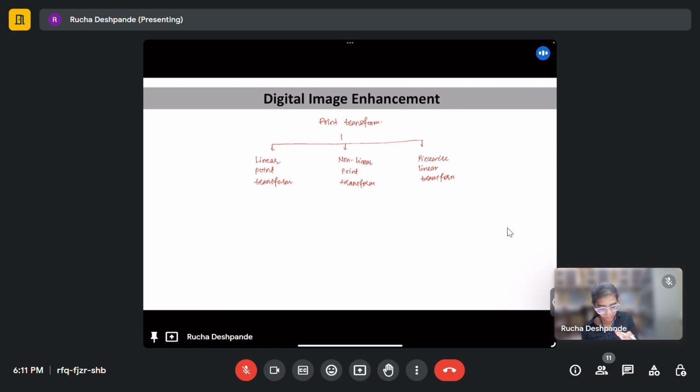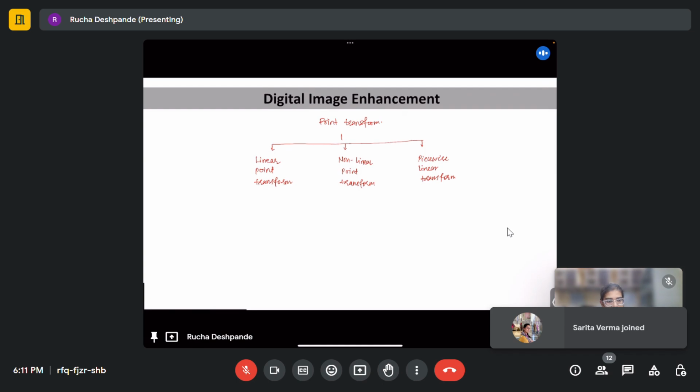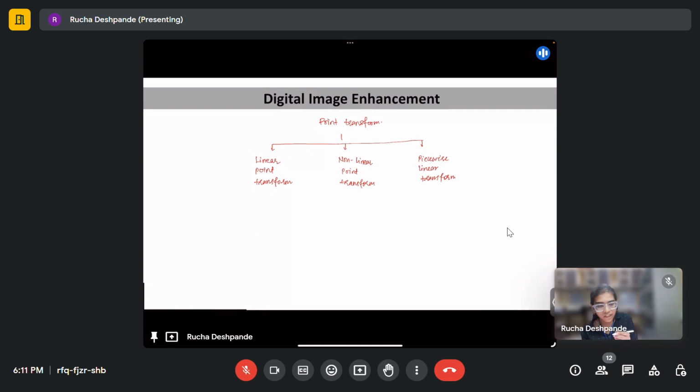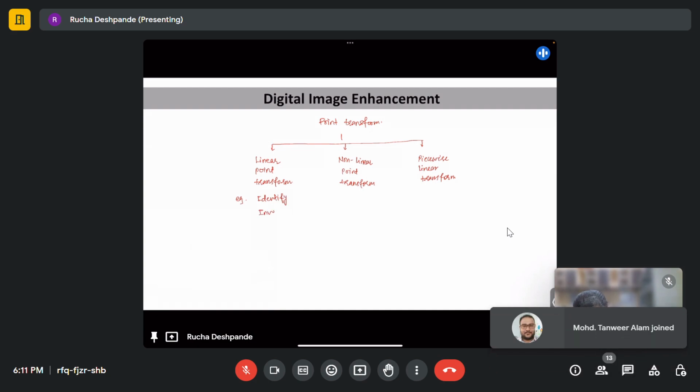Yeah, so this point transform can be categorized into these three different types of operations, which we will see one by one. Examples of some linear point transform are the identity function or the inverse function,